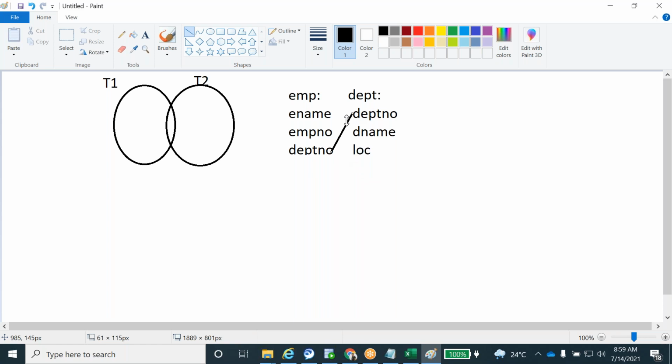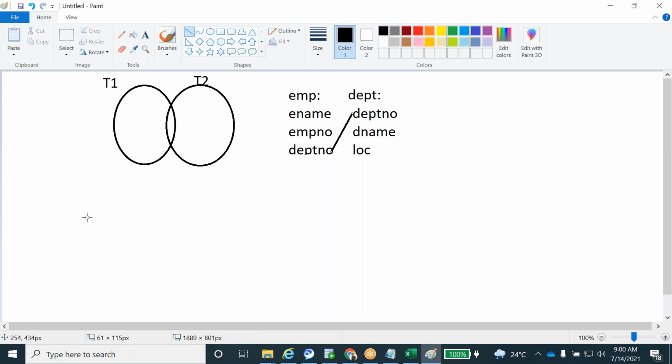Okay, clear, right? This is the DEPT number, DEPT number. Whether you have 10 columns here or 15 columns there, it's not a condition. It's not like the set operator, where the number of columns should be the same while executing. Here there are no such conditions. Only a single condition: common data between the two tables. On top of the common data only, we prepare the joins. All kinds of joins are prepared based only on the common data.